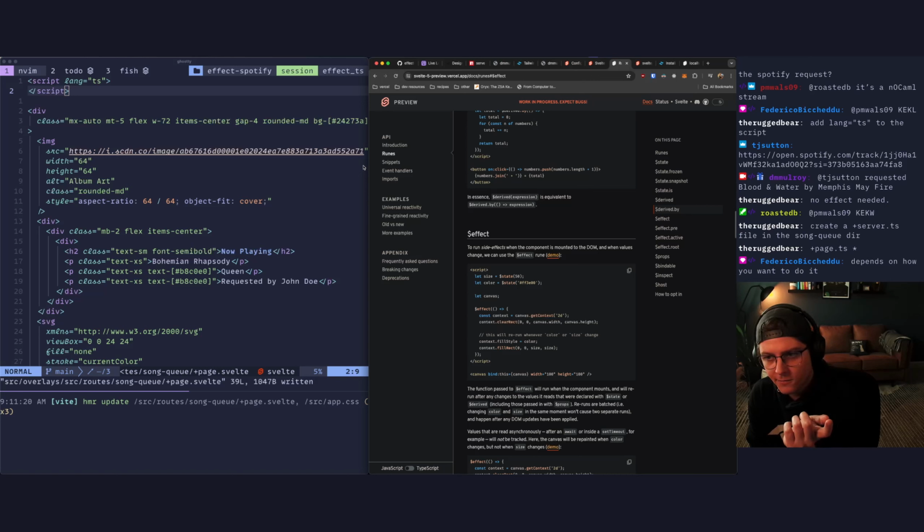I would like to server render it, and then I'm fine with it pulling from the front end.